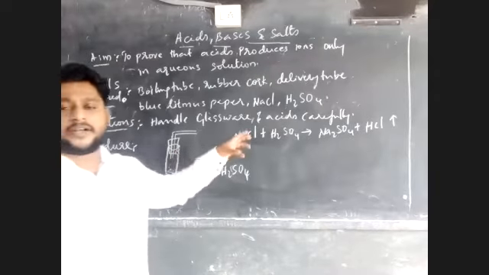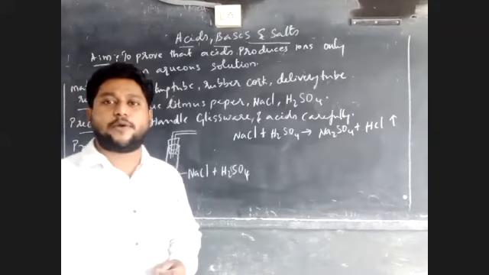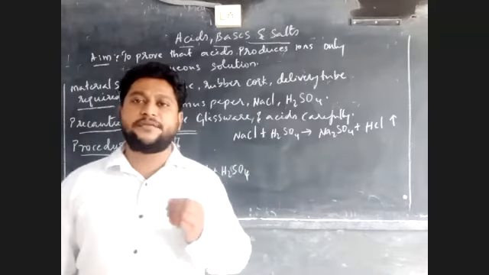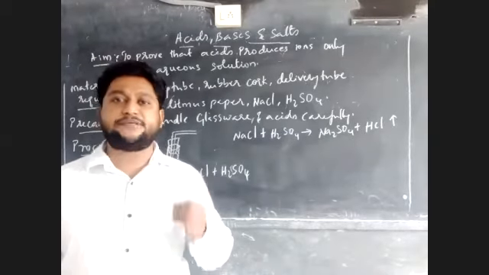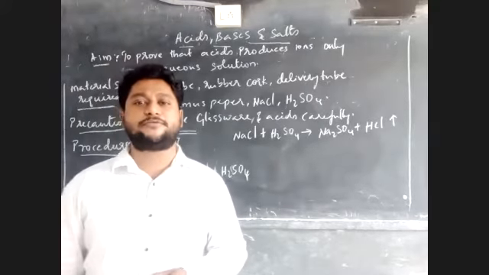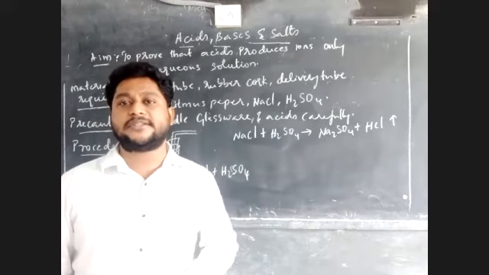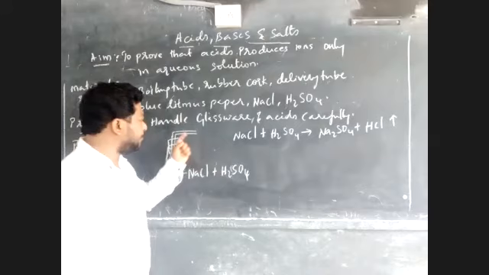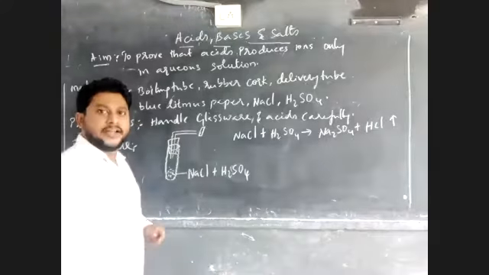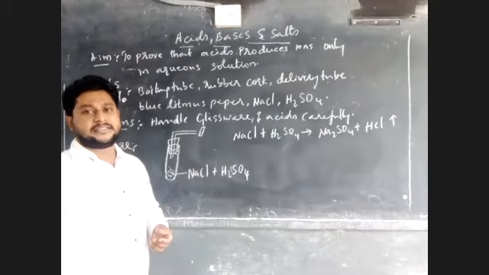Now we do not know whether that HCl gas has acidic properties or not. To check acidic properties, we use litmus paper. Recall the natural indicators, where we use litmus paper to identify acids. We have to take blue litmus paper to identify acids. Blue litmus paper turns red in the presence of acids. Now I bring the blue litmus paper closer to the delivery tube, where the evolution of HCl gas takes place.